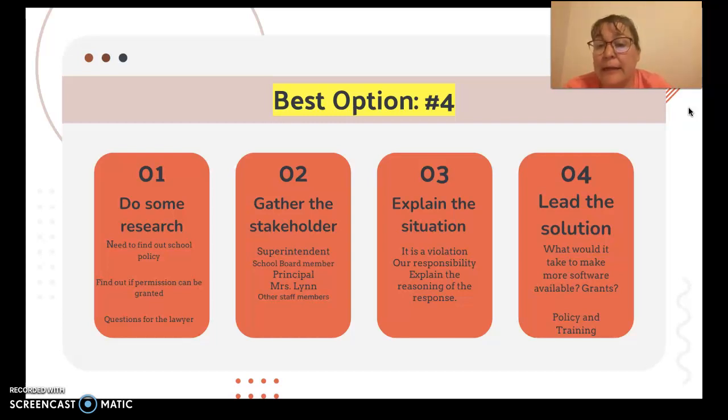And explaining that it is a legal violation, and what our responsibility is in knowing that, not only in a legal aspect, but in an ethical aspect. We know that